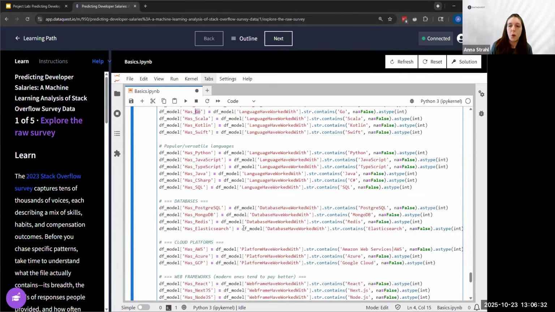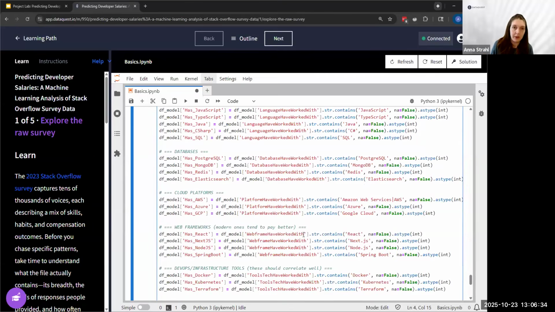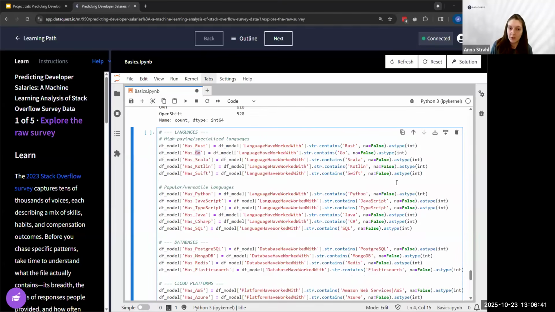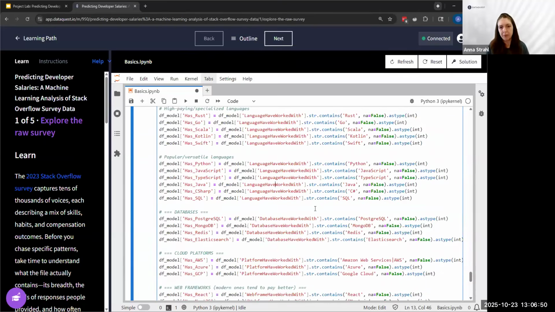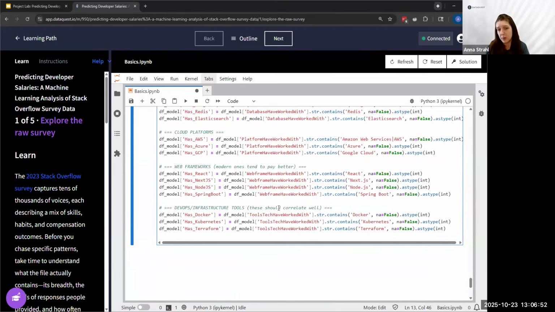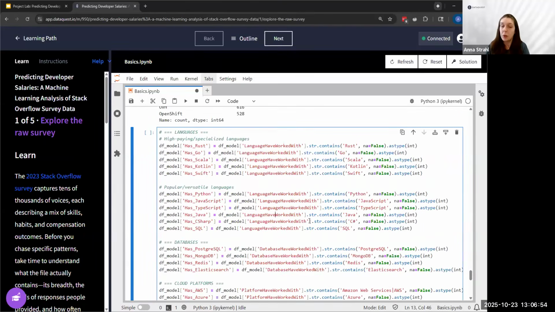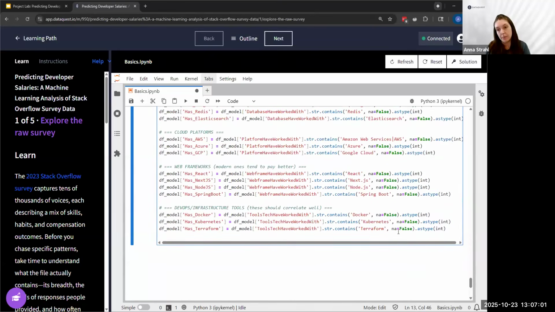And you can see that this is so much text that I would have had to manually type, and it would have been really tedious, really time consuming. But AI was able to do all of this based on the languages I told it to use. And there was the code in one go, right? So we're creating about 30 new columns here. And that's okay because these columns are going to be numeric, Boolean values, that our machine learning model will be able to handle very, very well.